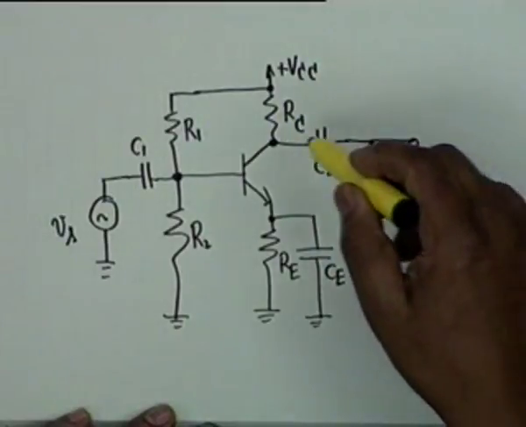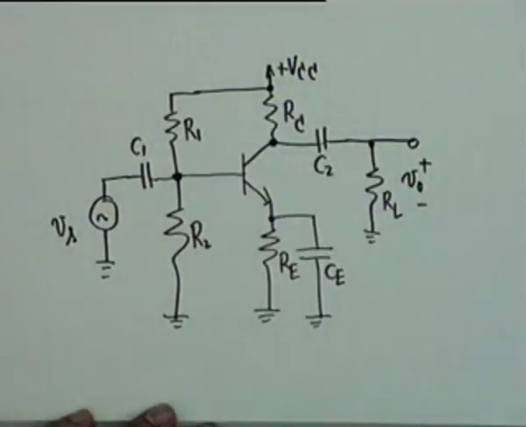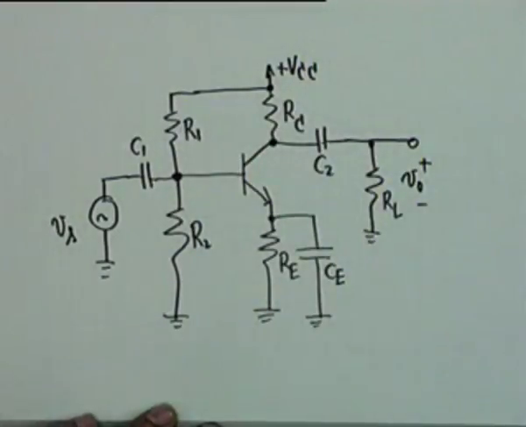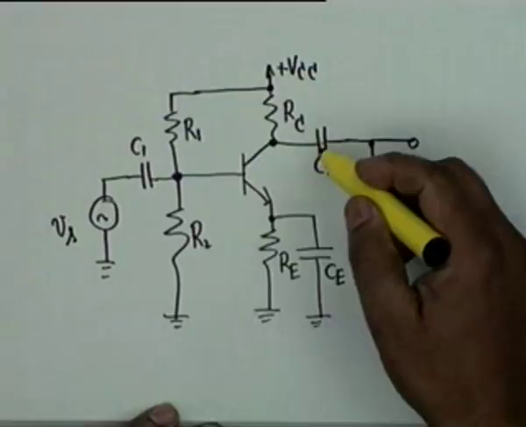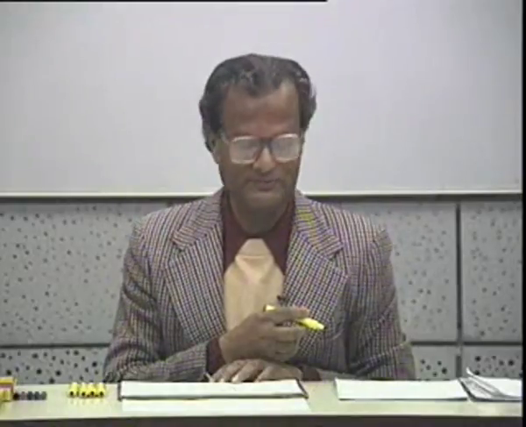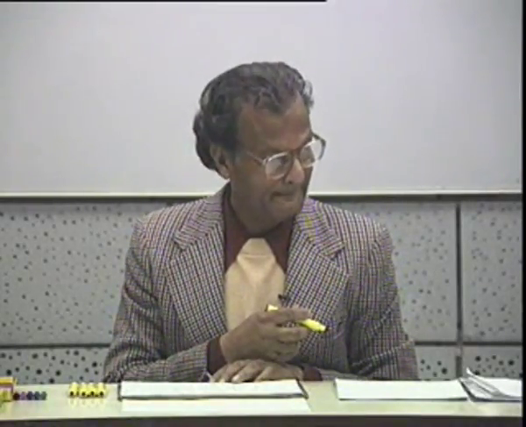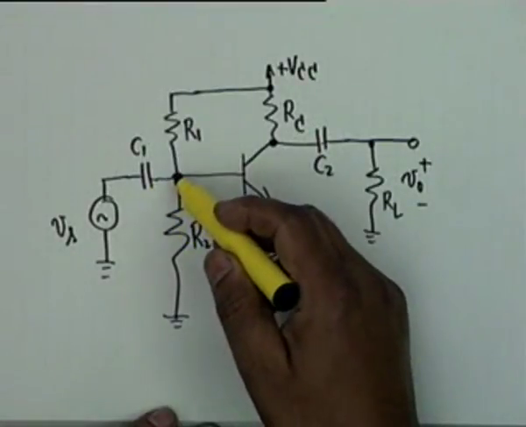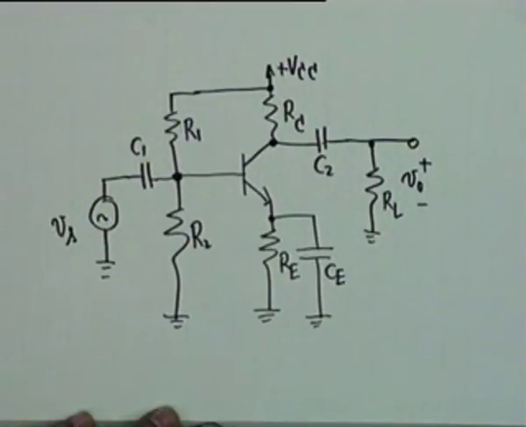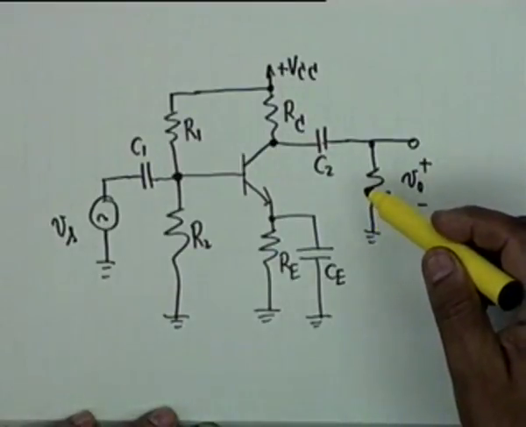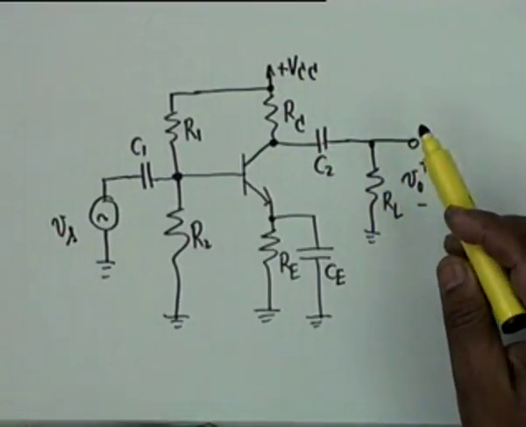Also, if the load varies, then the collector current shall also vary. If RL varies, then the proportion by which IC and IL change will change, and therefore the biasing point shall also change. So this is a decoupling capacitor, this is another decoupling capacitor. These are facts of life, you have to use them. So could you please repeat the functions of C1 and C2? C1 prevents DC flowing through the signal source, and C2 prevents DC flowing to the actual load. That's it. They decouple DC from AC.